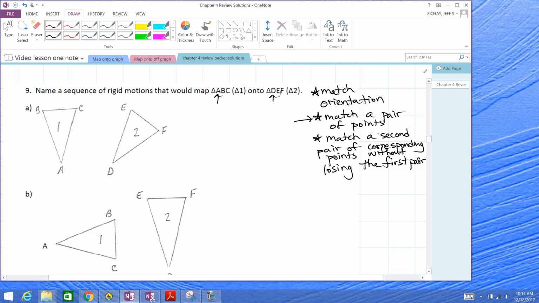So here's what we'll do. We'll check orientation. Okay, triangle ABC. You're moving in a clockwise direction for ABC. DEF is also moving in a clockwise direction. So we don't need a line reflection. Orientation's matched. So kind of note that. Orientation right now is the same. So no line reflection needed anyway. I mean, you could do 2, but that's kind of silly if we've already got the fact that it doesn't need one. So what I'll do next is I will translate